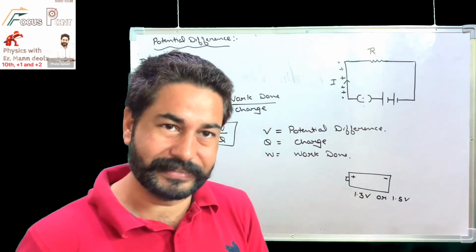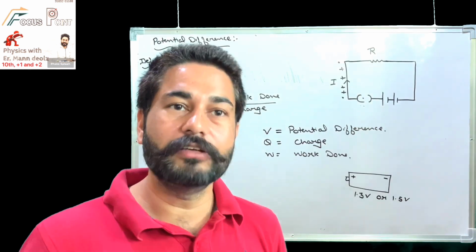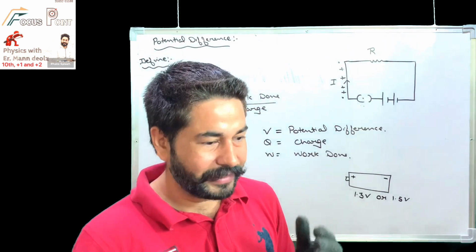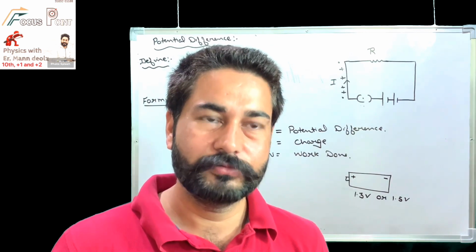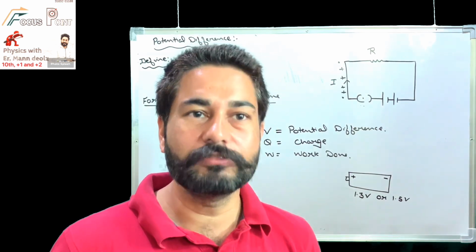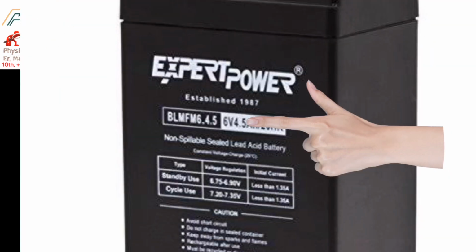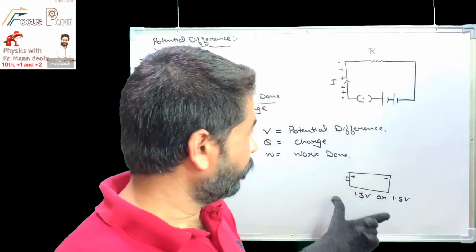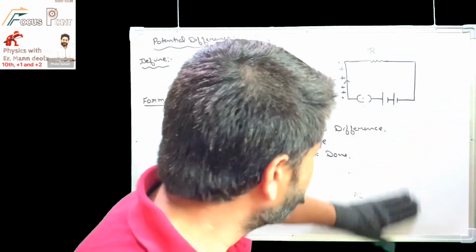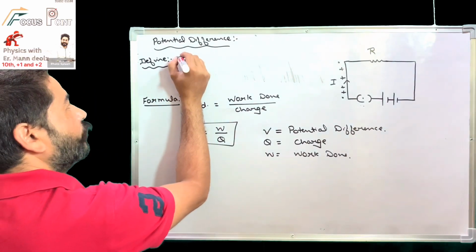Whatever batteries are there in your vehicles, like big cars, those would be 12 volt batteries. And the battery we keep in our homes to run an inverter for electricity is also 12 volt. And for small motorbikes, toy motorbikes, it is a 6 volt battery. So volt is the SI unit of potential difference, and this is the potential difference of the battery or cell. Now how will you define potential difference?